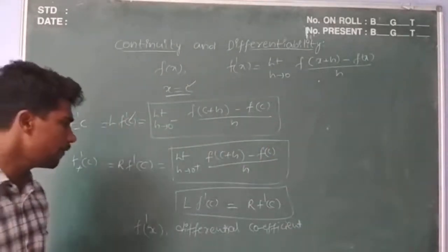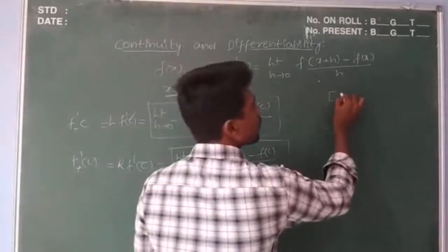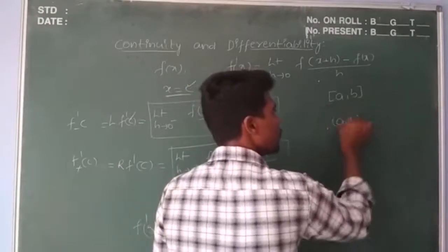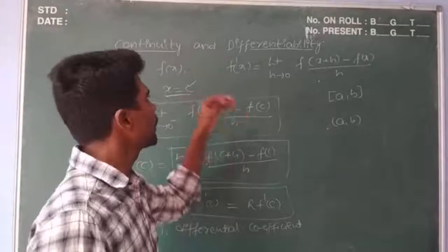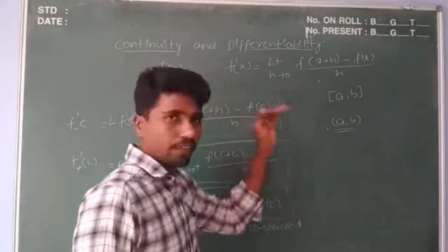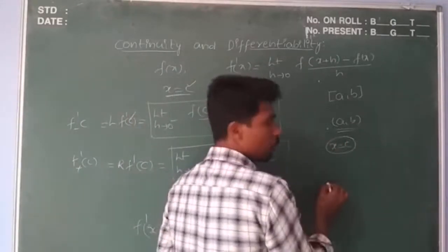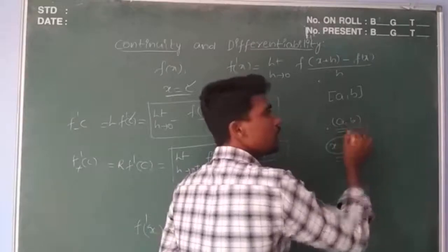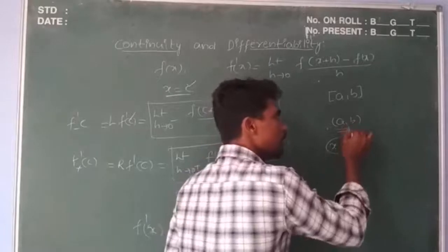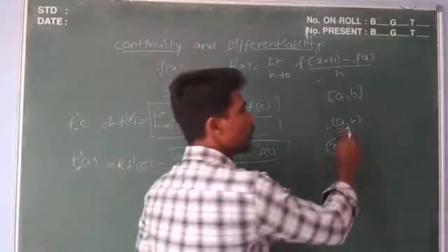Now derivative of the given function in a particular interval AB. Here AB closed, we take first AB open. So a particular function is differentiable in an open interval AB, if the function is differentiable for any C which lies in interval AB, then the given function is differentiable in interval AB.